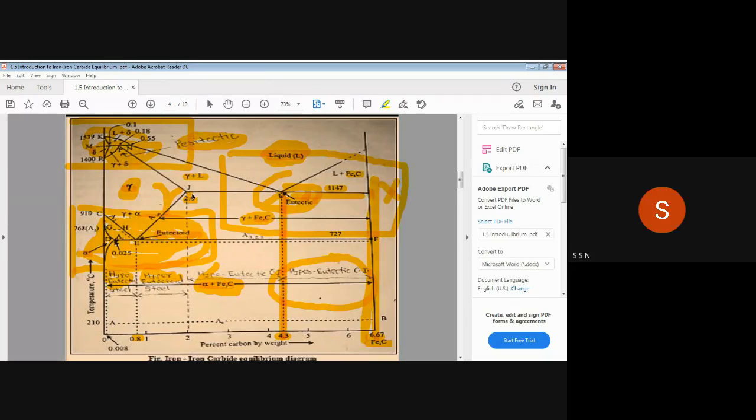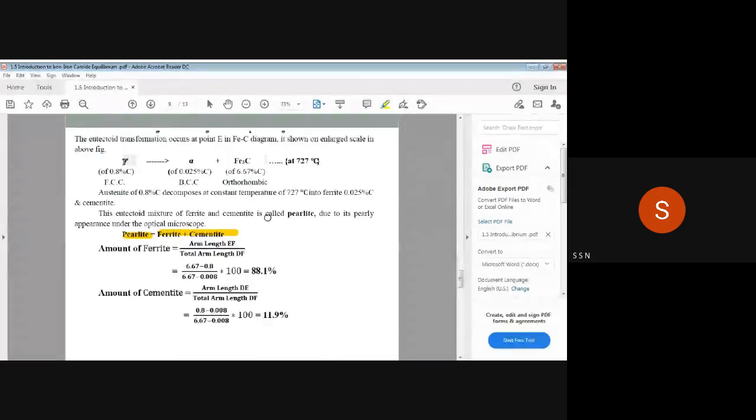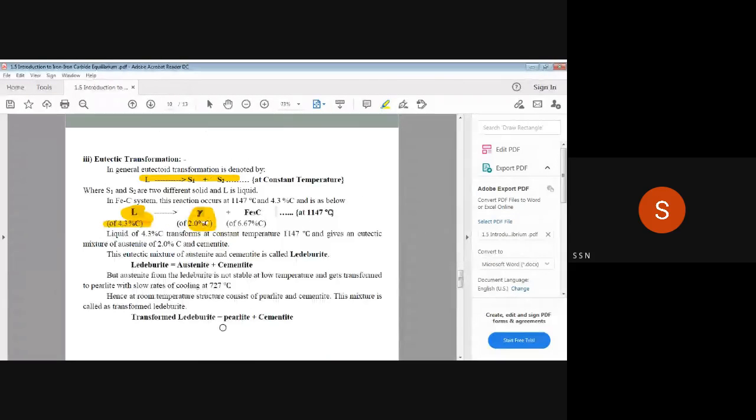That also we can find out. But at lower temperature, alpha plus Fe3C is also present under the same transformation. So alpha plus Fe3C is called a perlite. So the amount of that perlite also we can find out by using the lever rule. That lever rule we will see. Now